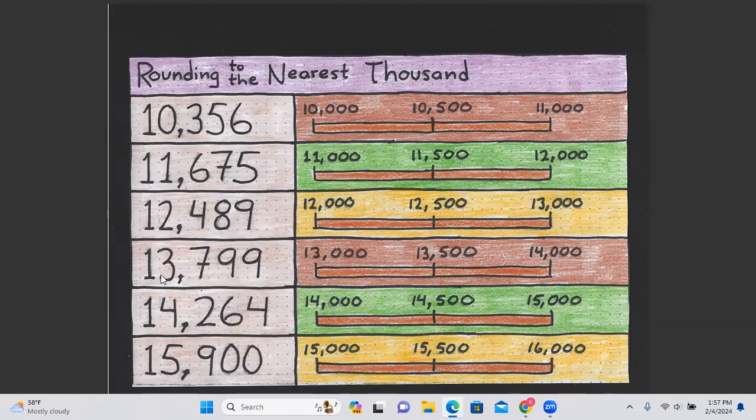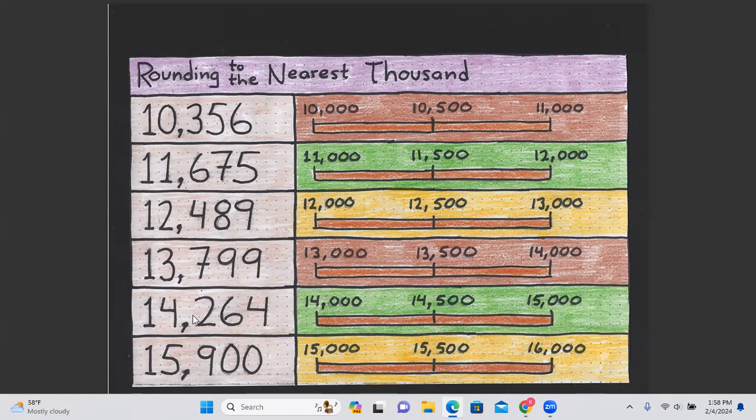13,799. And as you see right here, 7 is above 5, and 799 is above 500. And we know that because of that, 13,799 is closer to 14,000. Again, 13,799 rounds to 14,000. And now that we're on a roll, let's take a look at